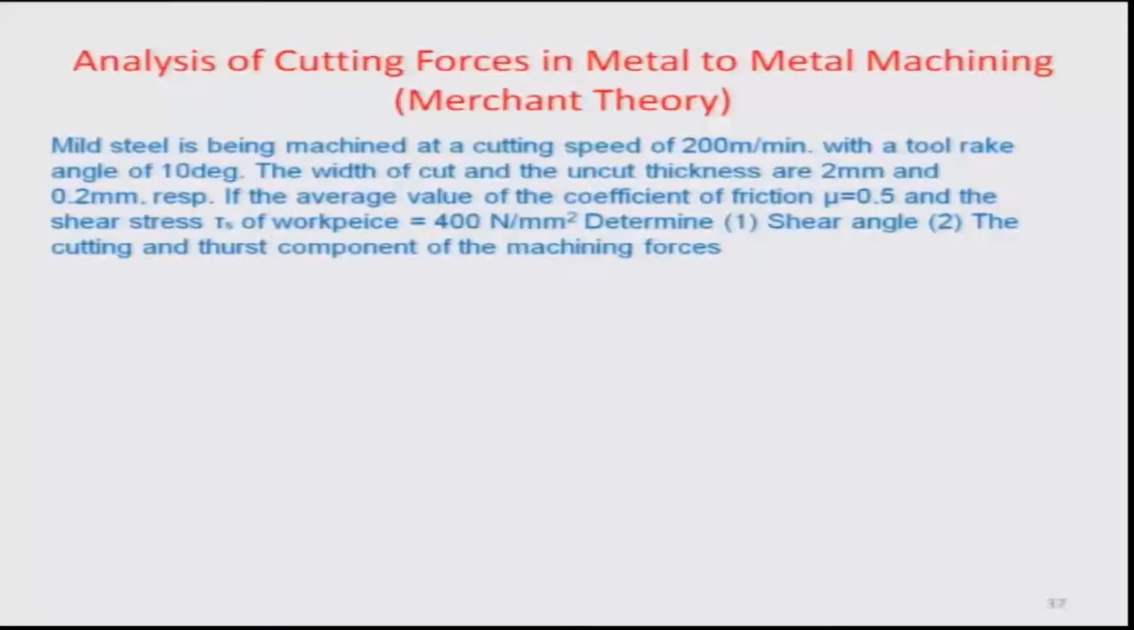So we have one example here which talks about a mild steel piece being machined at a cutting speed of about 200 meter per minute, with a tool rake angle of 10 degrees. That means with respect to the vertical, the tool rake face is at 10 degrees. The width of cut and the uncut thickness are given to be 2 mm and 0.2 mm respectively,